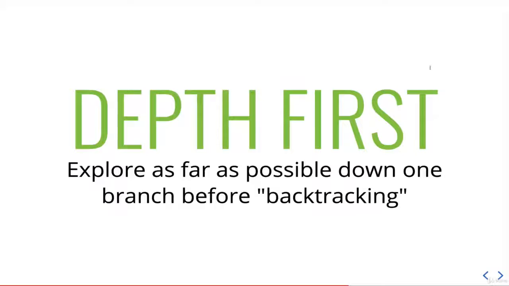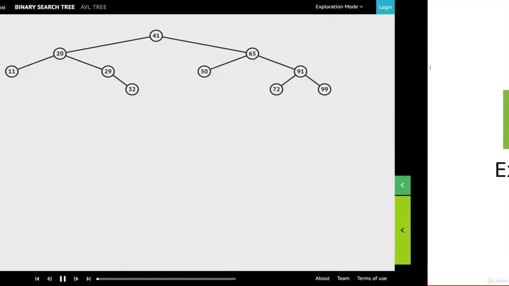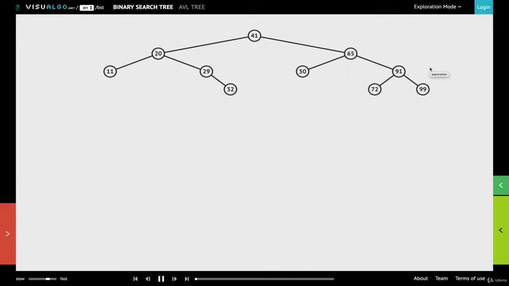Hey, welcome back. Let's kick things off with depth-first traversal of a graph. So just like with trees, which we spent a good amount of time on, binary search trees or binary trees in general, there are two main options for traversing these trees, depth-first and breadth-first traversal. Now within depth-first, we did talk about pre-order, post-order, in-order, but the general idea behind depth and breadth-first is what